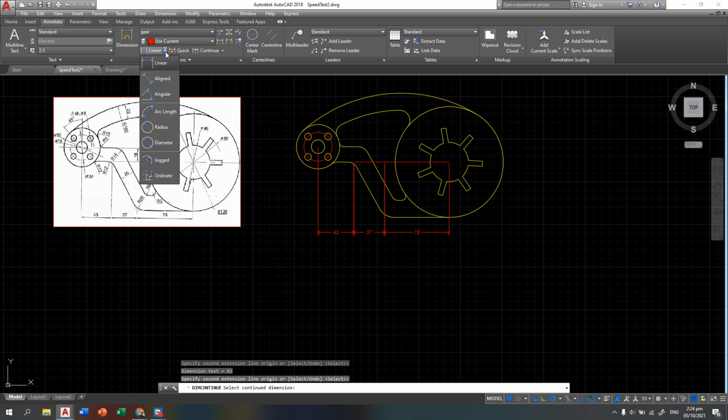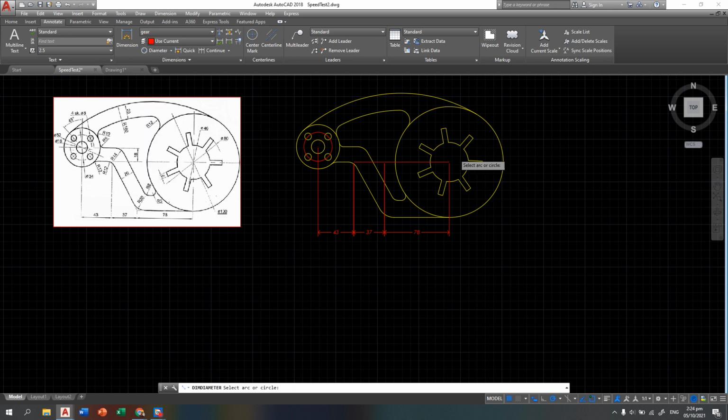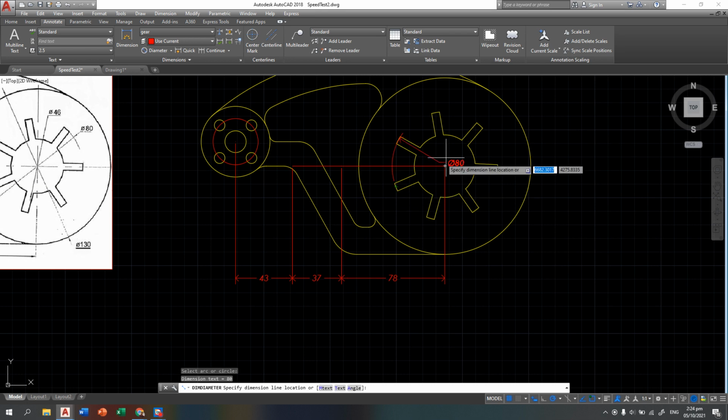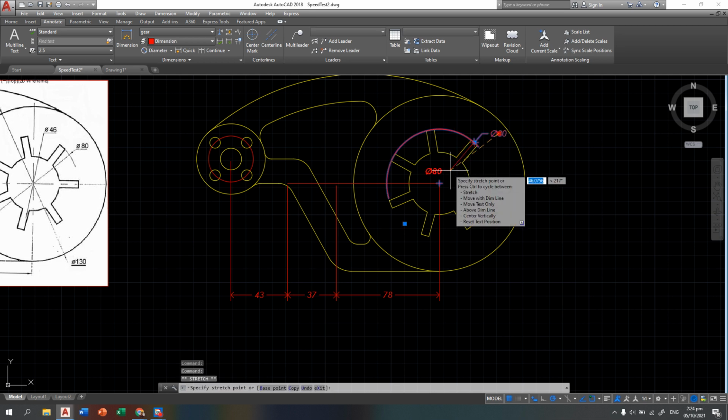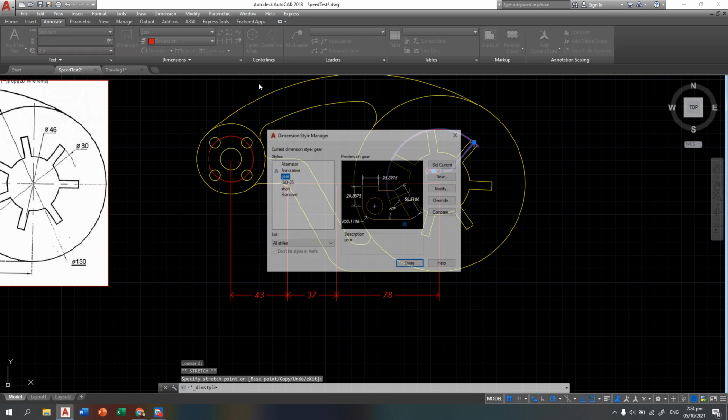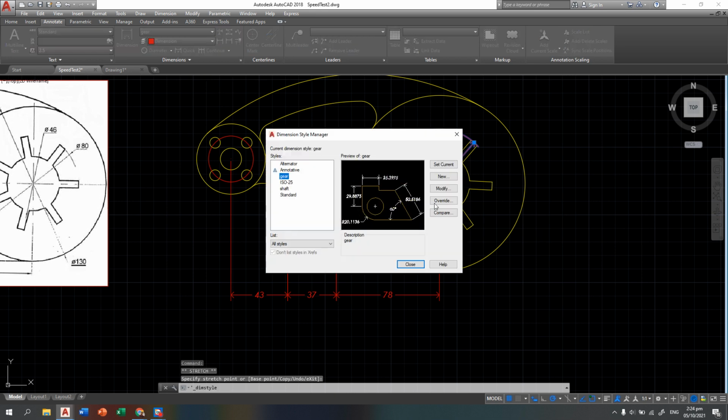Then for the diameter, you have it here. Ito, diameter. So you can click this one. Ito. Then ito. Ito na yung diameter. Okay, ganun yung method niya. Or if you don't want that step, you can drag it here para sa loob yung diameter niya. Or there's a method wherein you can, almost similar to this one,